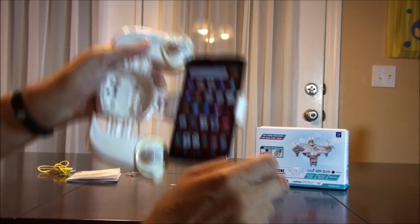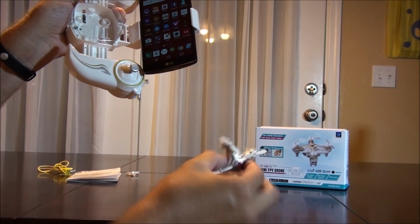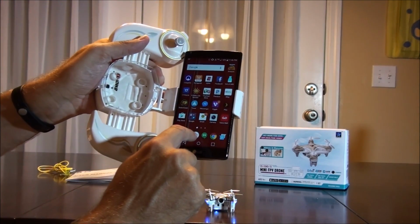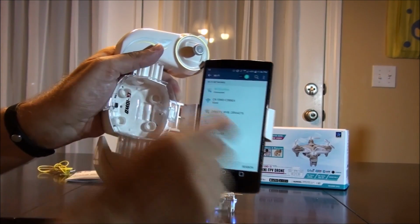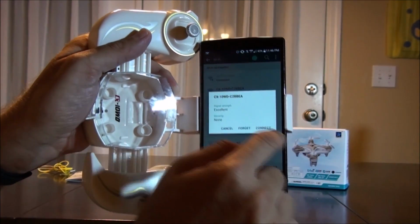First thing you're going to do, when you turn on the quad so that it's transmitting Wi-Fi, is go to your settings and then your Wi-Fi, and it's going to show up in there. So let's go a little closer so we can see. It's the CX-10WD. You press connect,